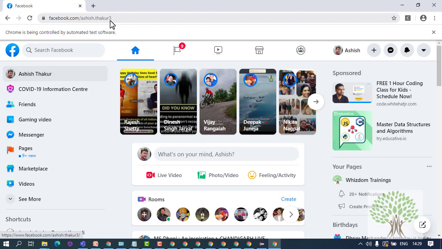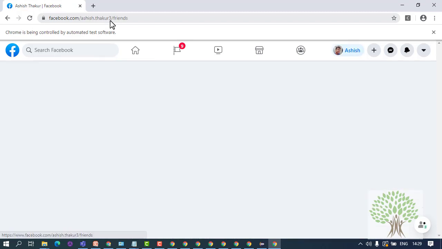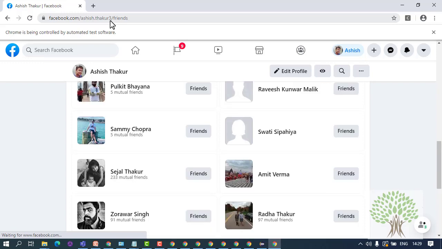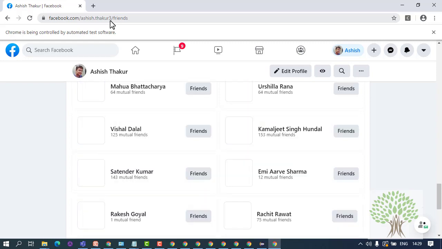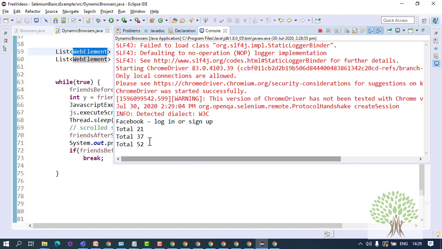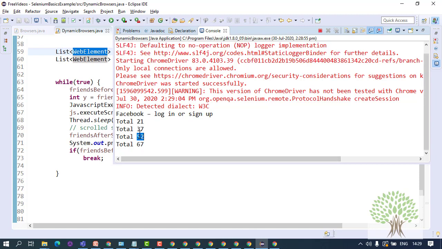And you see it reaches this page where all friends are there and it is scrolling down. So after every 3 seconds it will scroll down and it will bring up more friends, and you will see that the total number of friends keep on increasing.